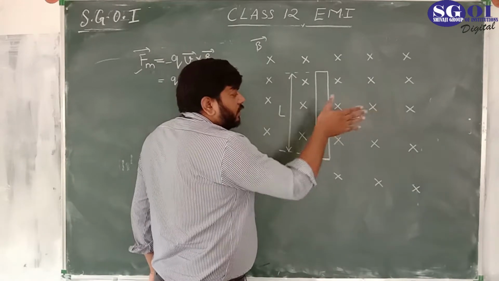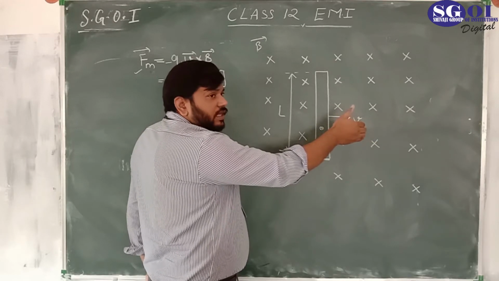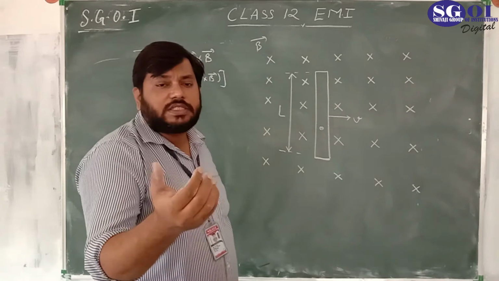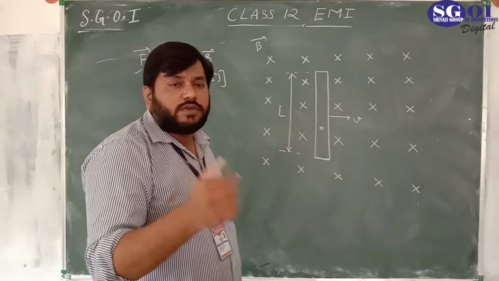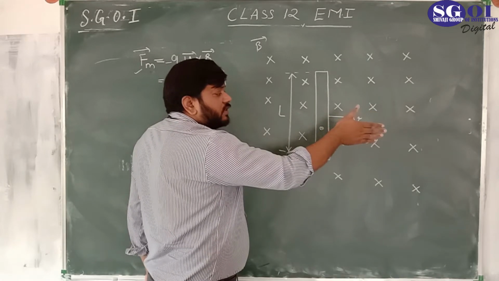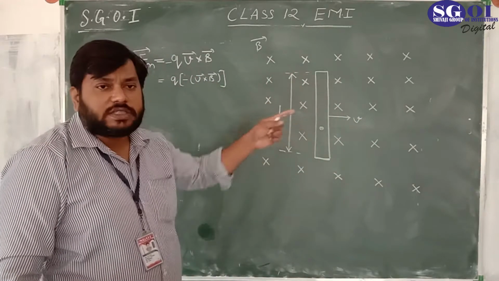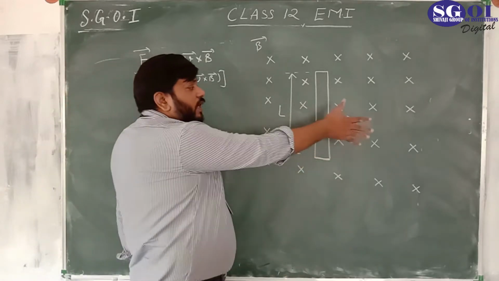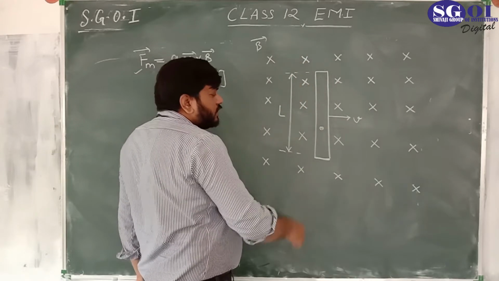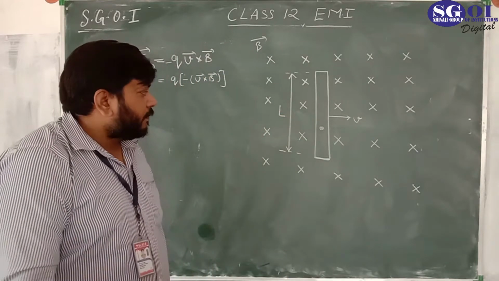The electrons are moving here. If we put our hand like this and close our fingers, they are pointing normal to this blackboard. You can see once again: this is the velocity direction of the electron charge, the fingers are pointing inwards, and the magnetic field is also inside the board. So where is the thumb pointing? Upward. This is upward, this is downward, this is left, right, this is inward, and this is outward.